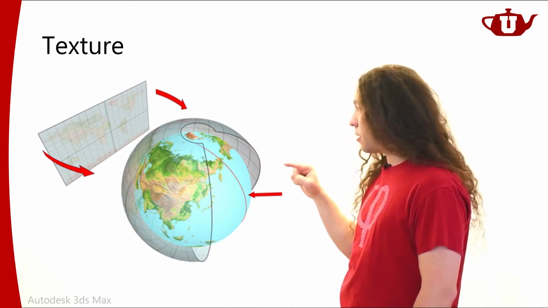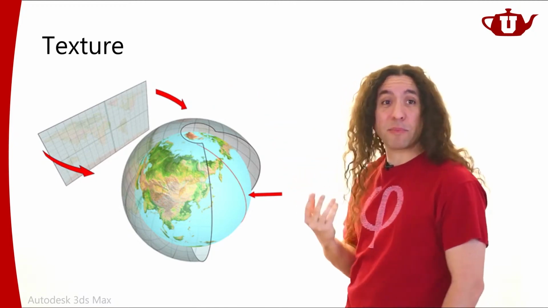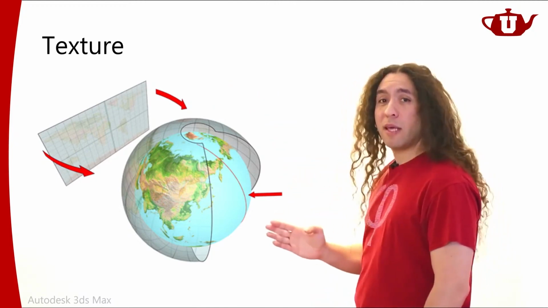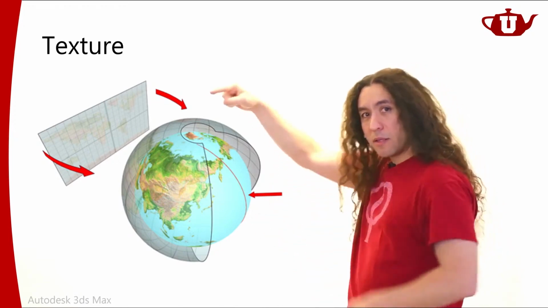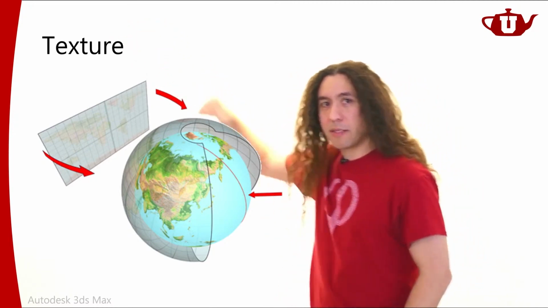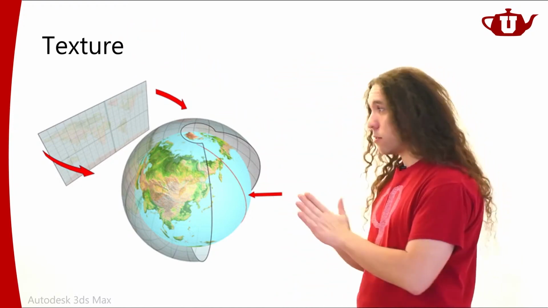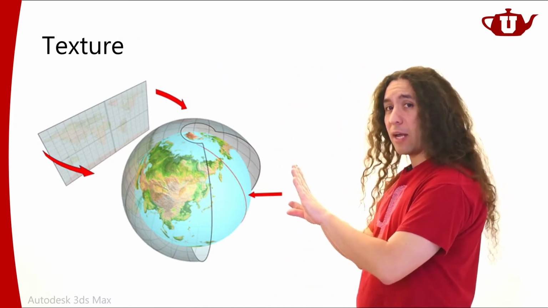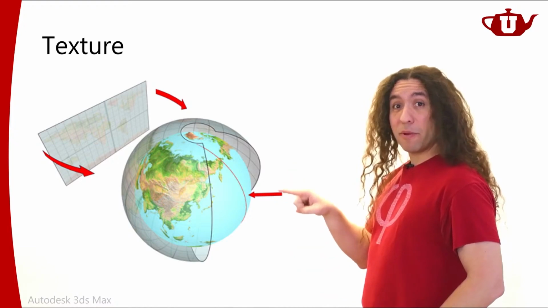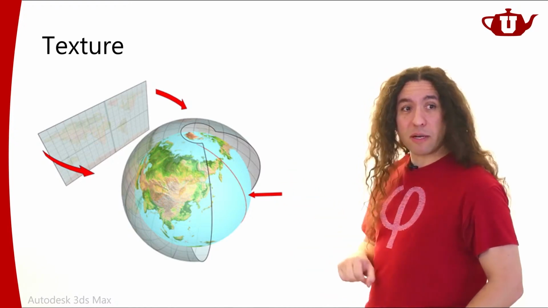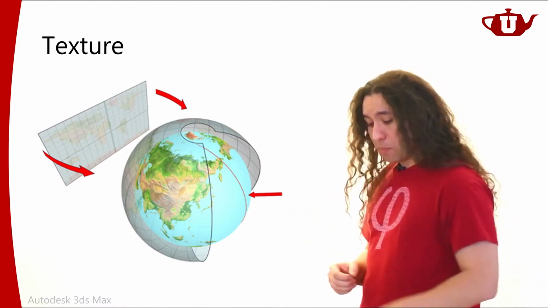If I have enough resolution near the equator, I'm probably going to have too much resolution near the poles, right? So that stretching is something quite undesirable. But the other undesirable thing here is this seam, where the two edges of the texture, this edge and the other edge on the other side, come together along the seam. And that's also undesirable because if the texture data on either side of that seam don't match, then the seam is going to be visible in my final rendering, which is not going to be very nice.